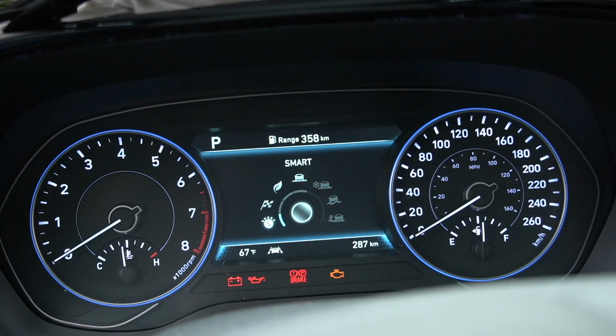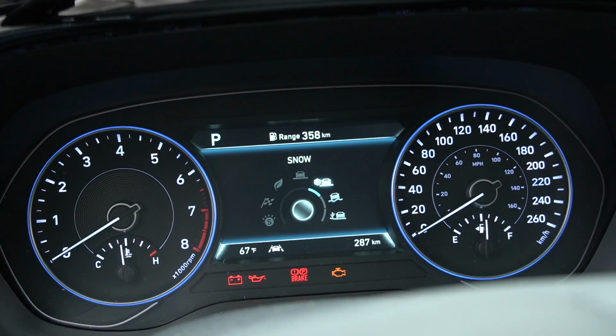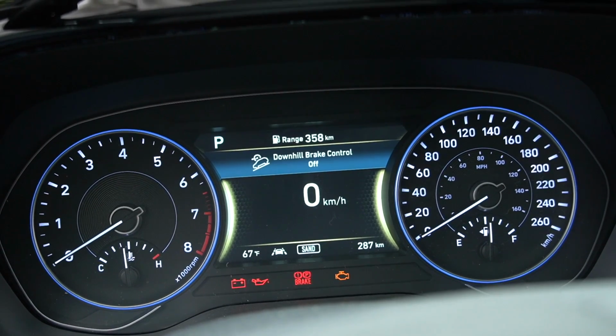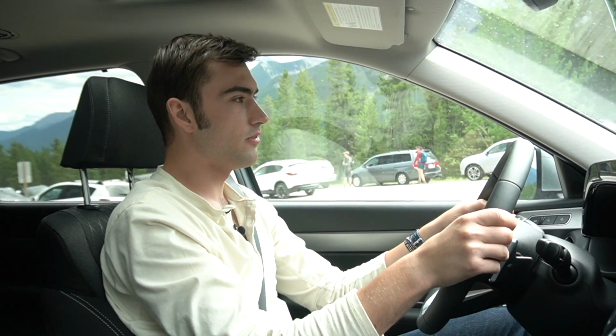For sport, it goes red. For smart, it goes blue, eco green. And then pressing down to get over into the different terrain offers a different color selection in the corners as well. I imagine a lot of the videos you've been seeing so far of the Hyundai are in its top